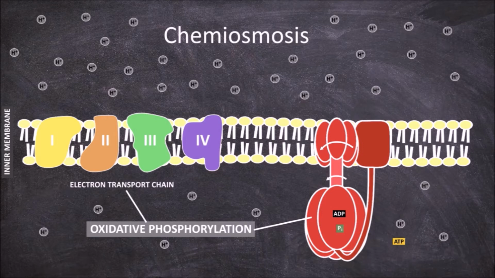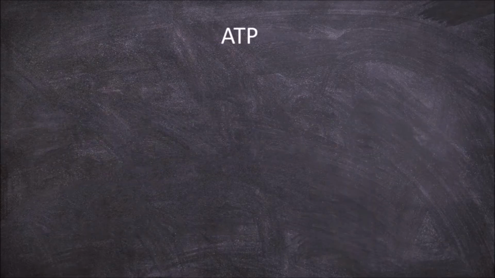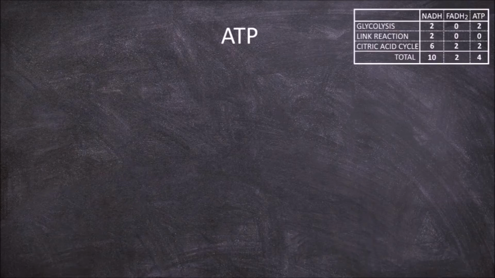Now that we have ATP being produced, what we really want to know is how much ATP is produced in aerobic respiration for each molecule of glucose that initially enters glycolysis. During aerobic respiration, we get 2 ATP directly from glycolysis, 2 from the citric acid cycle. This gives us 4 ATP and a total of 10 NADH and 2 FADH2s that go into the electron transport